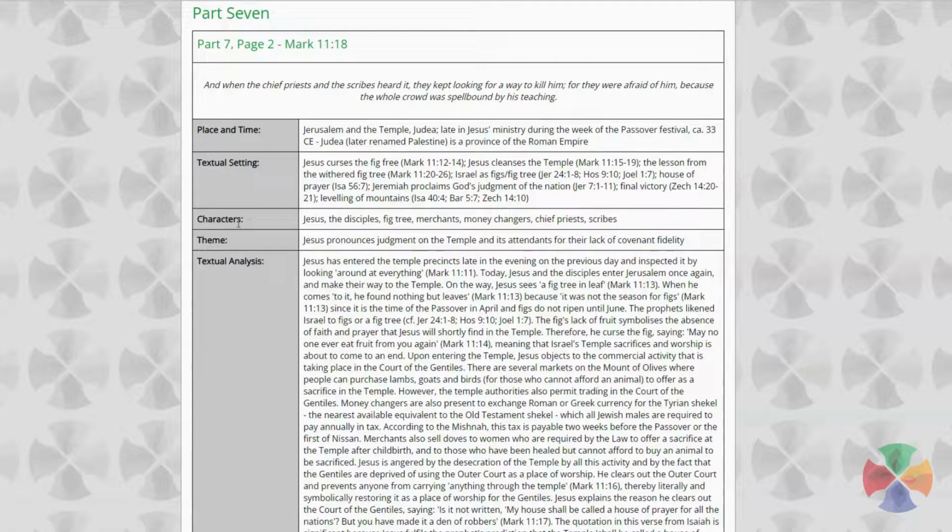Moving down, you will see a list of characters involved in the passage. This is followed by a short statement outlining the theme of the passage. Finally, we arrive at the section titled Textual Analysis. This section contains information that will assist you with interpreting the scripture passage and identifying the key theological ideas that